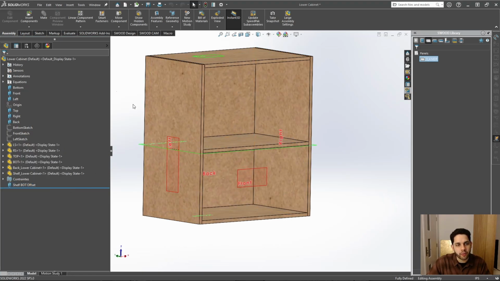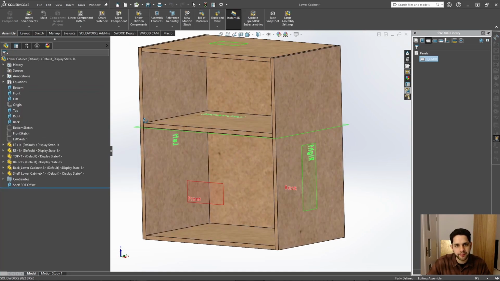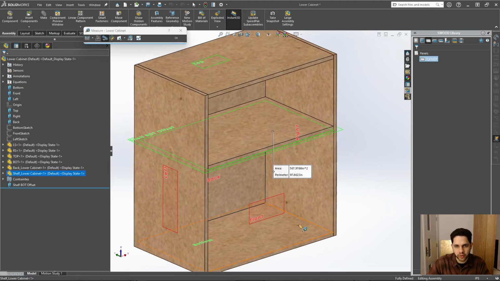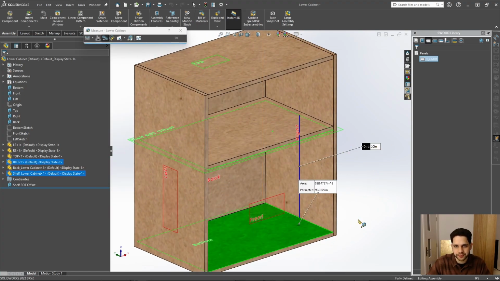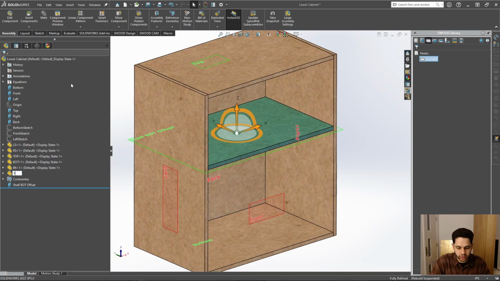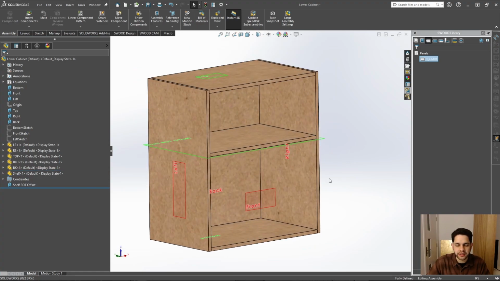And now, if I want to edit this, I'll come over to this plane in my feature tree, right click on that, and I can make this 20 inches. Boom. When I go to rebuild, that has been moved up to that 20-inch mark, and I can show you that here, 20 inches. So we'll go ahead, rename this BK for back, rename this to shelf, and this is our